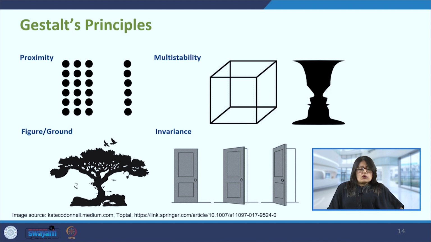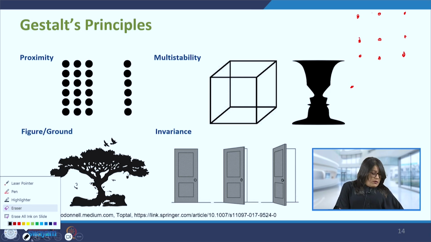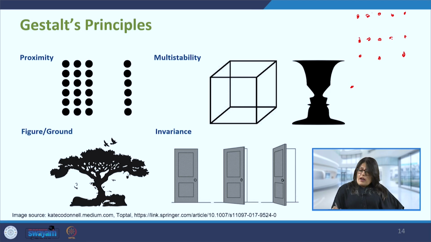Then the next principle is that of proximity. So proximity is about distance, how close or far away something is. So here we can see that when these rows of dots are placed, the proximity is different compared to the other one. So I'll just draw another example here as well. So when we have, say, something like this, we will maybe call it like there are 3 columns of these red dots, 3 vertical columns. But when I erase these dots here, and maybe I rather add a few extra dots here.